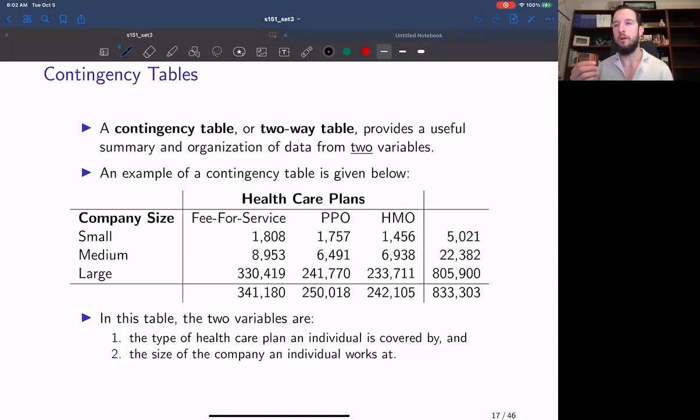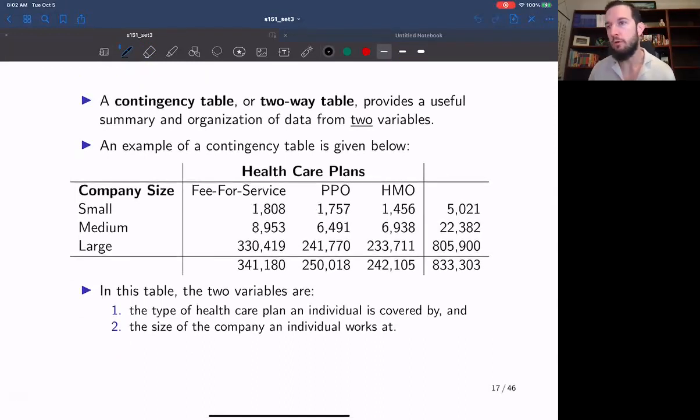In this particular part of lecture set 3, we are going to be using what is called a contingency table to describe or to visualize the data that we are working with. A contingency table is a table that allows us to visualize two qualitative variables at the same time. Essentially, it is a table that gives us counts of the number of times a certain event or a combination of events has taken place. So for example, in the table on slide 17,